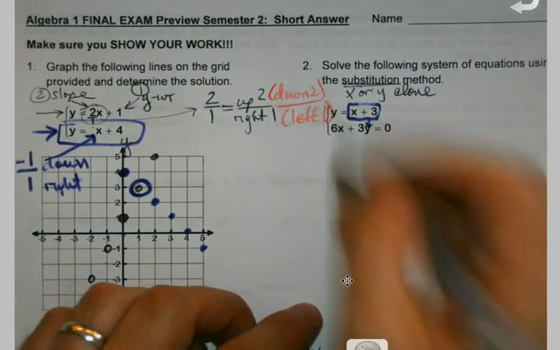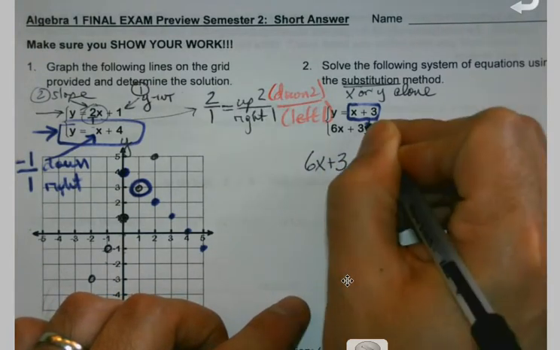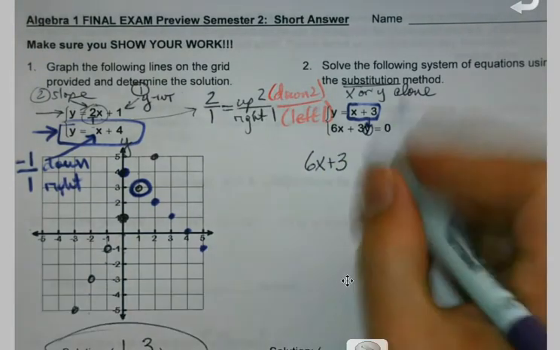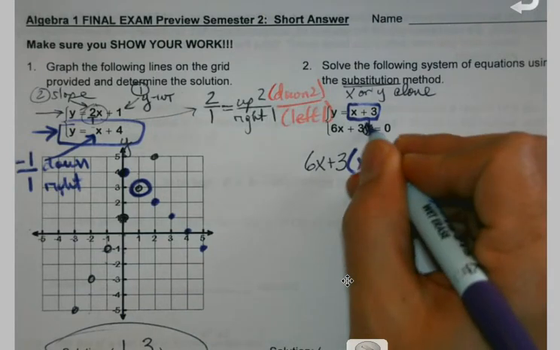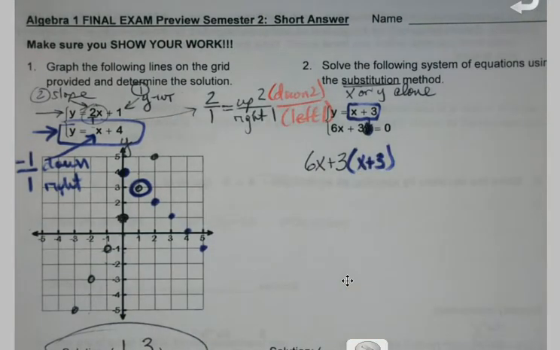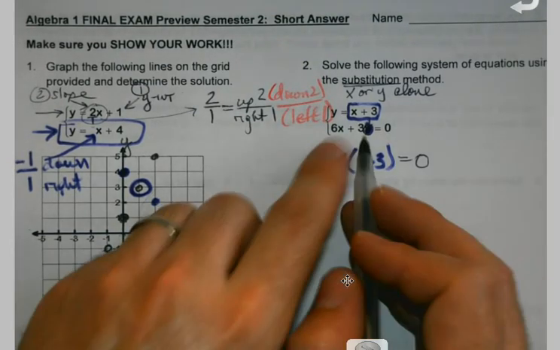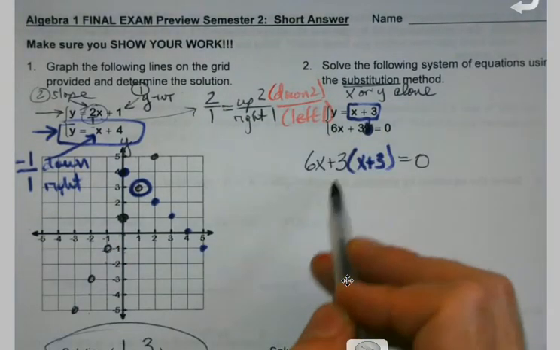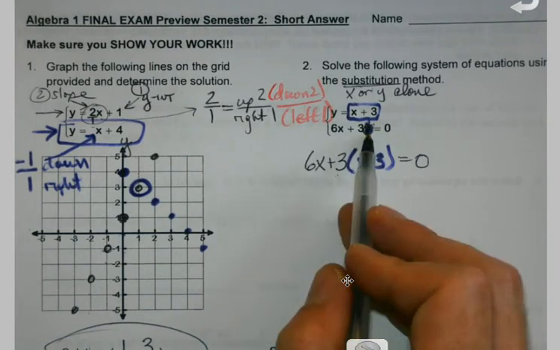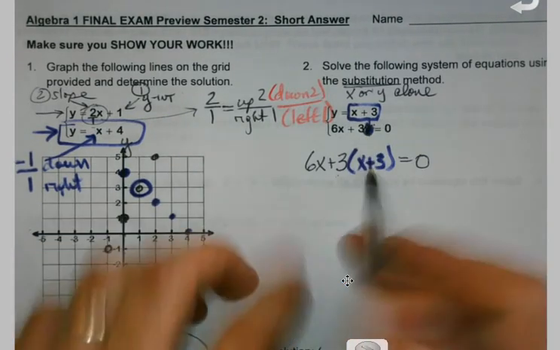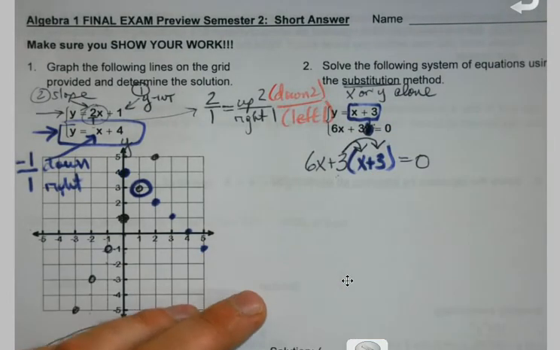So here's how this works. I have 6x plus 3. It's just the y that it replaces. So I say goodbye to the y, cross it out, and replace it with what's in the box. Everything else in my equation stays the same. So you'll notice from here to here, the only difference is the y went away, and what's in my box replaced it. And once I get here, I'm going to do my distributing first because I need to get